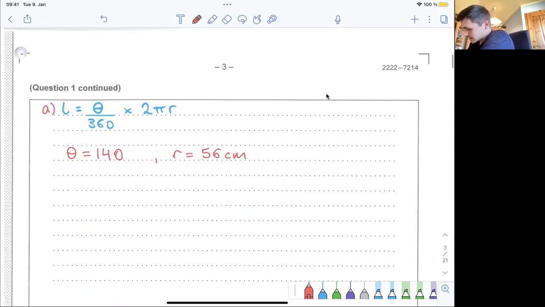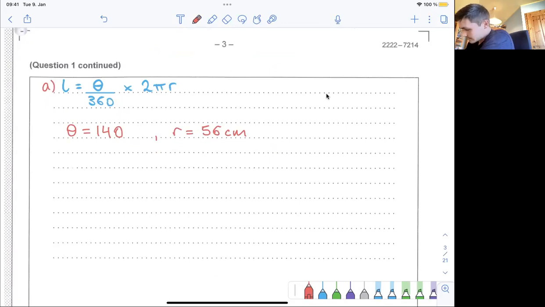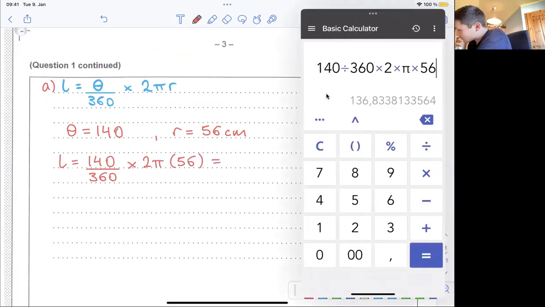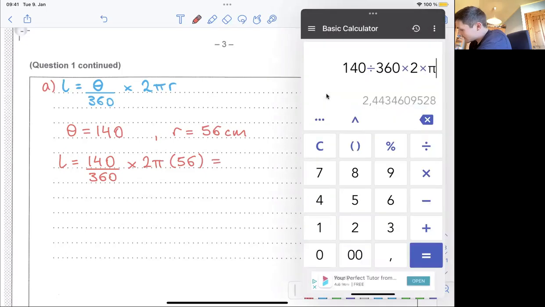Now we're just going to put these into our formula and into our calculator, and we'll have the answer. So L is equal to 140 over 360 times 2 pi times 56. Yeah, we'll do it again now: 140 divided by 360 times 2 lots of pi times 56. That gives us